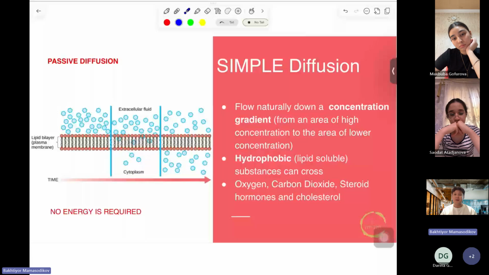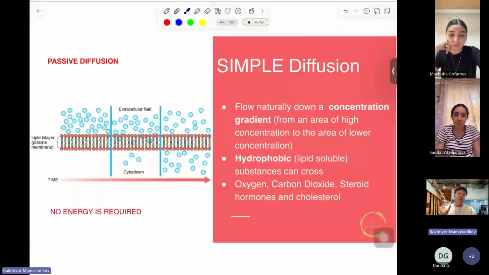What I want to explain from this example is the concentration. The concentration of sugar in dried fruit is higher compared to the concentration in fresh fruit. Because there are a lot of water molecules, as Darina said, which make the sugar molecules less concentrated. But in the dried one, we already removed the water. That's why we call it dry. That means a lot of sugar molecules in the dried one. Okay, this is the explanation of the concentration.